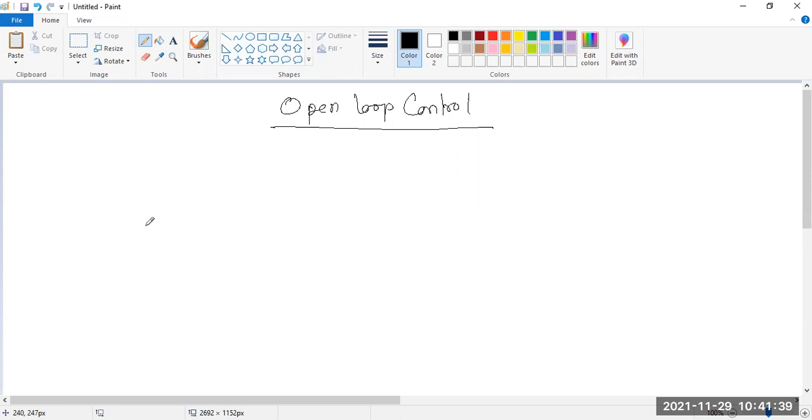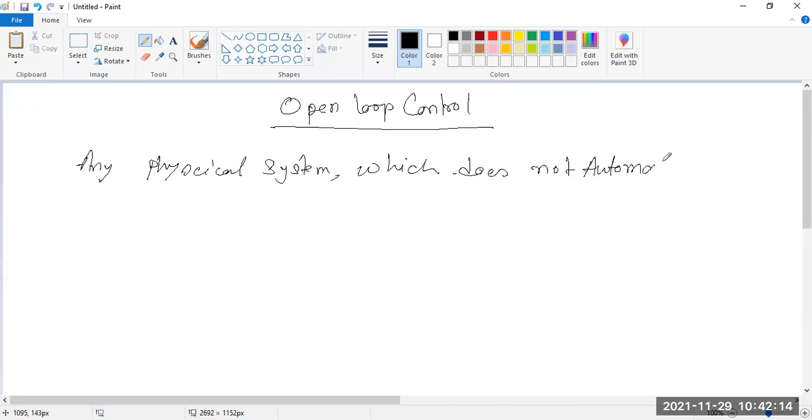Okay, so any physical system which is not automatically controlled for the variation of its output is called the open loop system. Any physical system which automatically